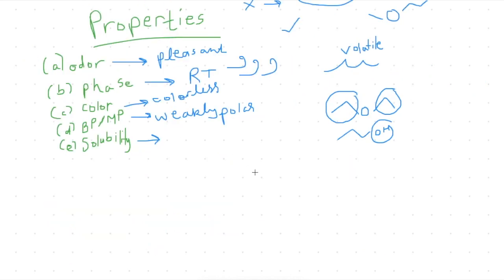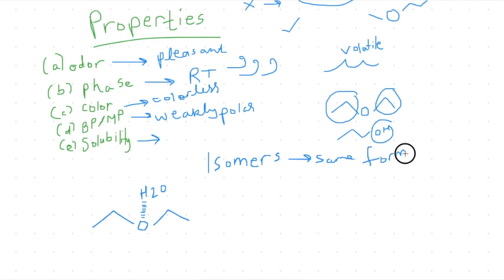There's something interesting to note about ethers. Although the hydrogen bonding is not within the ether itself, they can hydrogen bond with another water molecule. And because of this, they can end up having the same solubility as an isomeric alcohol. Remember, isomers are compounds that have the same formula but different connectivity. If we look at